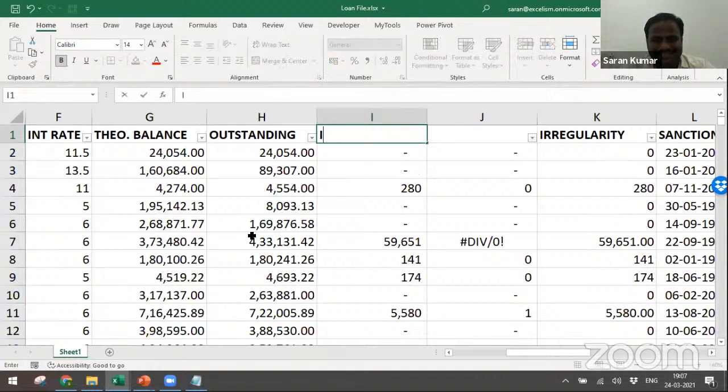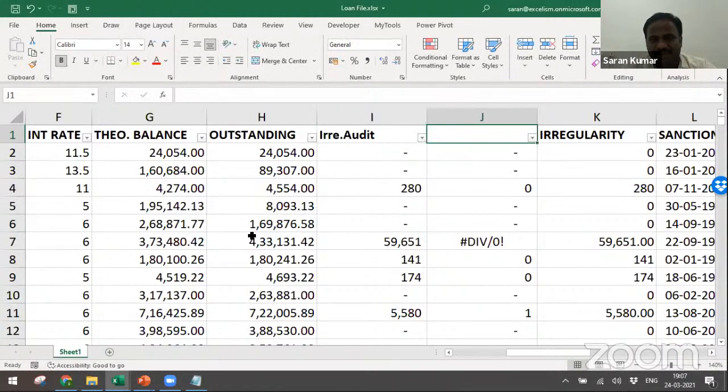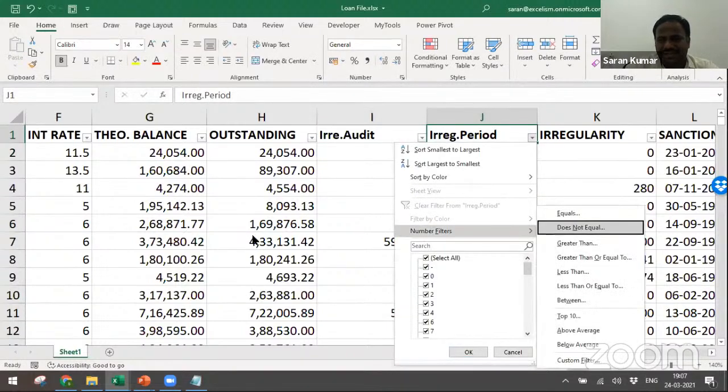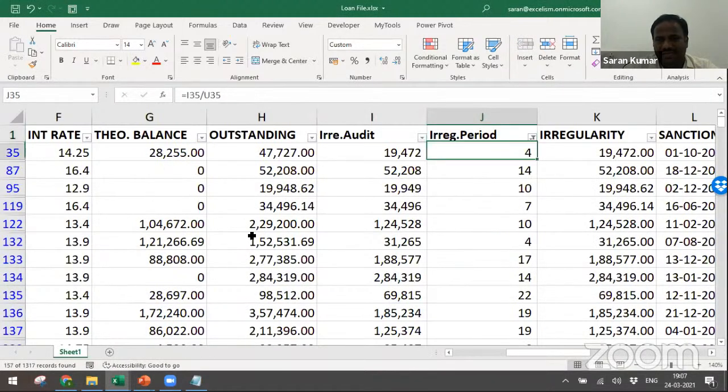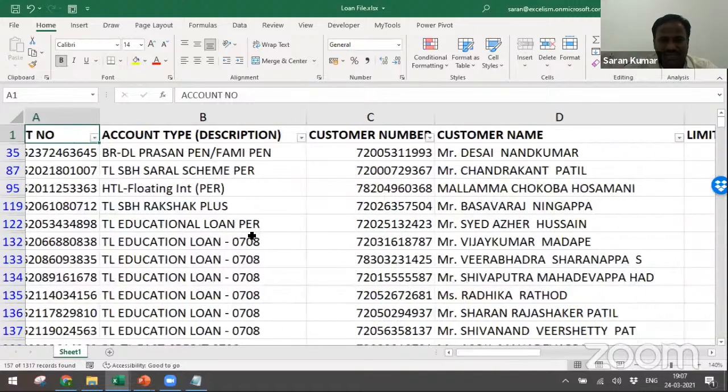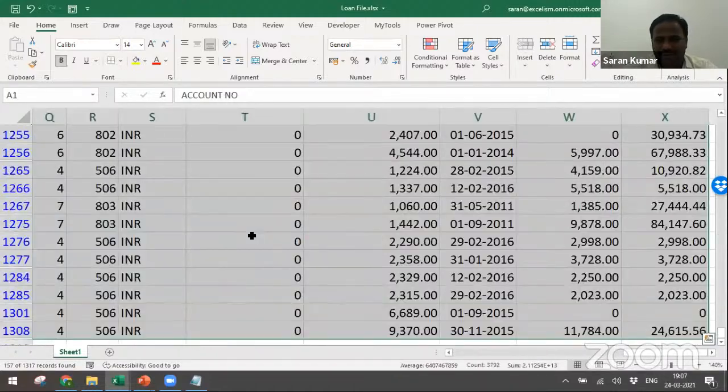This is an irregularity identified by audit. Then this must be the period for which there is irregularity. I said you can simply check for more than 3, greater than 3. Out of these, you need to take the NPA accounts separately.